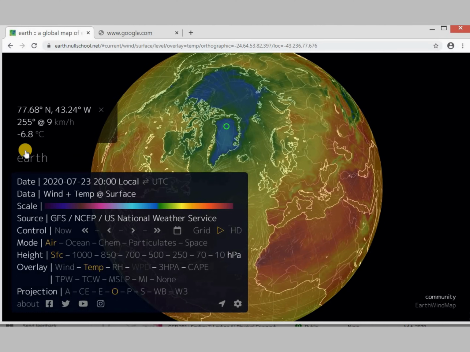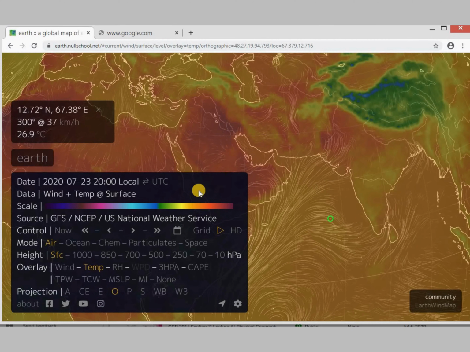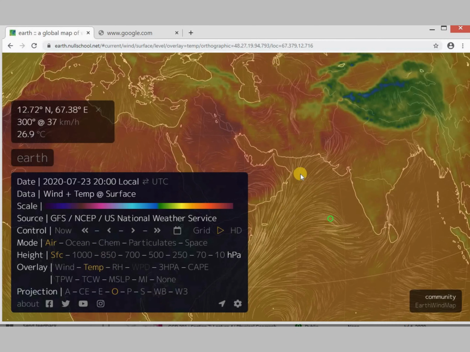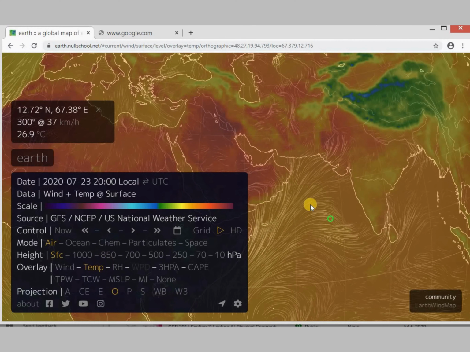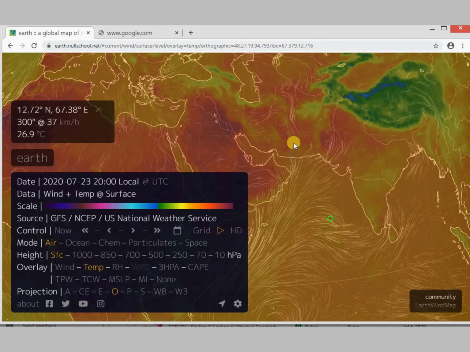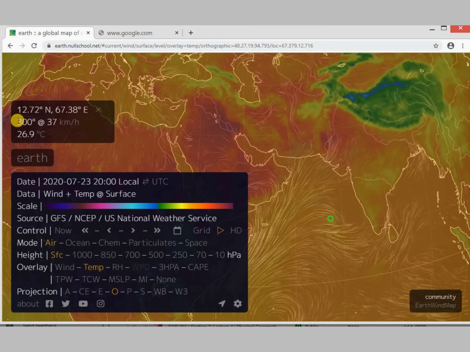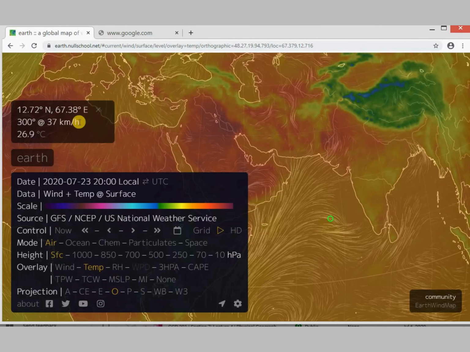If I click over here, the temperature is minus 6.8 degrees Celsius, so that's pretty cold there. Here we can notice that along with the temperature data, the wind is automatically overlaid on it. Wind is basically the main data available on this website, and the wind data is there along with each and every layer.